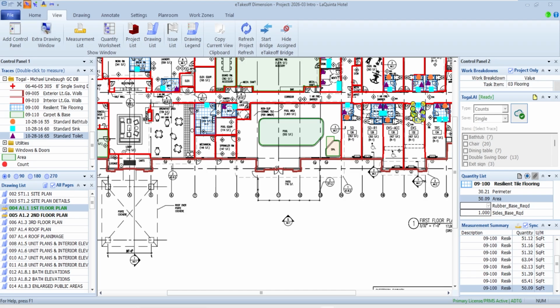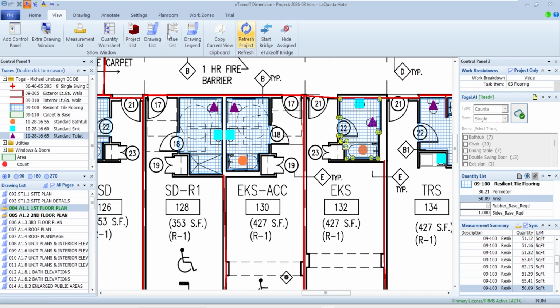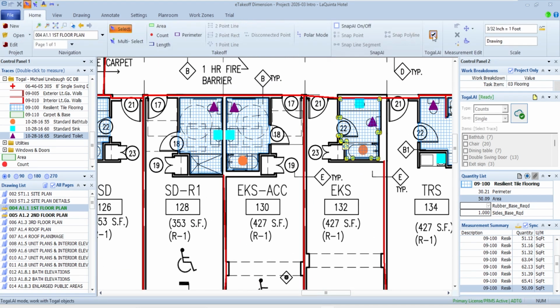Same thing also for modifying it. So if somebody went back and maybe I changed the size of this. So let's go ahead and take a look at that a little bit. Let's say for some reason I found out that this room is actually a different size. So in my case, I'm going to go back to home. I'm going to turn this off at the moment and modify a few points. And I'm going to just stretch this out a little bit larger. So let's say that maybe this room is now changed to that size.